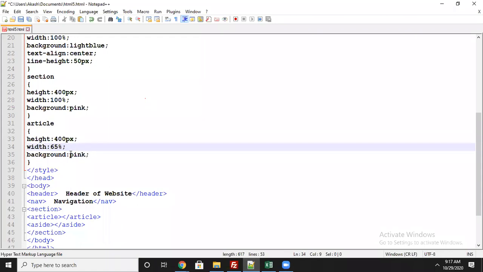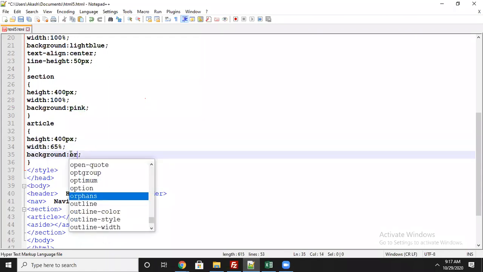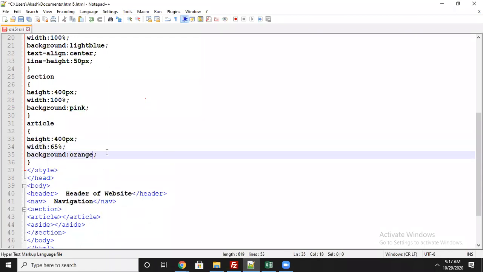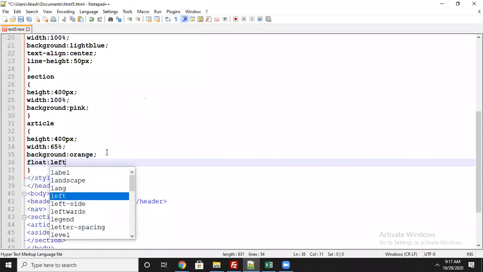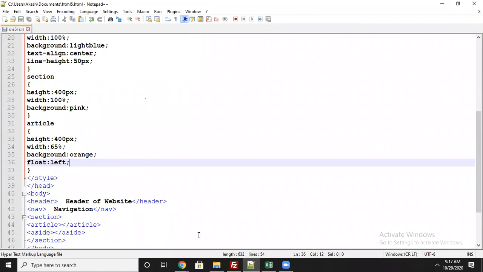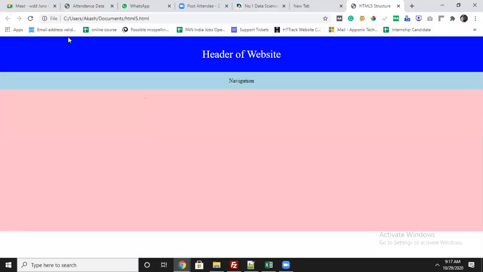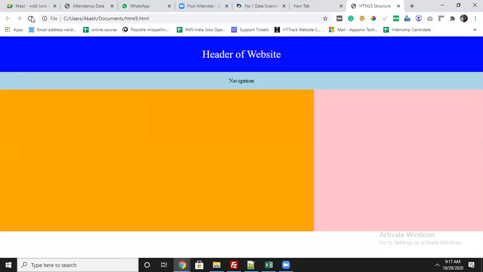Height I will keep the same. Background I will change to orange, and I will keep this as float left. What is the meaning of float left? It will display in the left direction. Let's see, I will show you in the output. You can see 65% space occupied.